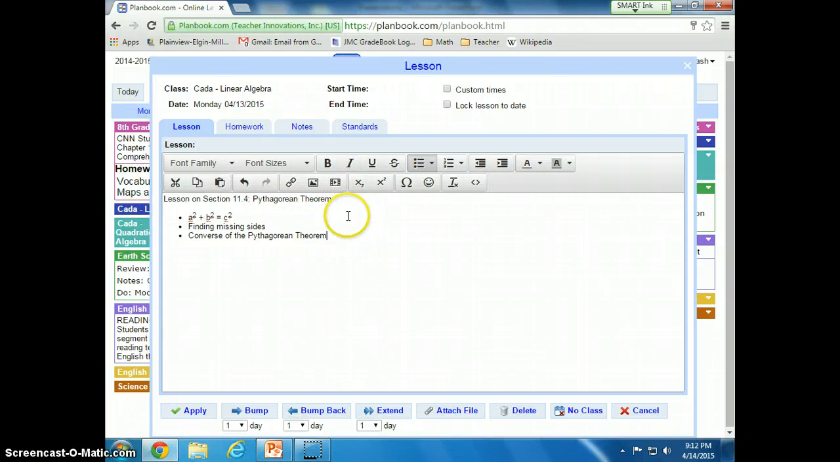So here I've typed in the description of my lesson plan, and again I like to usually put the title up there and a few bullet points about what we'll be learning about that particular day. You can put essentially whatever you would like in this part for the lesson plan. Once I'm satisfied with what I've got there for my lesson, I can click on homework and also post the